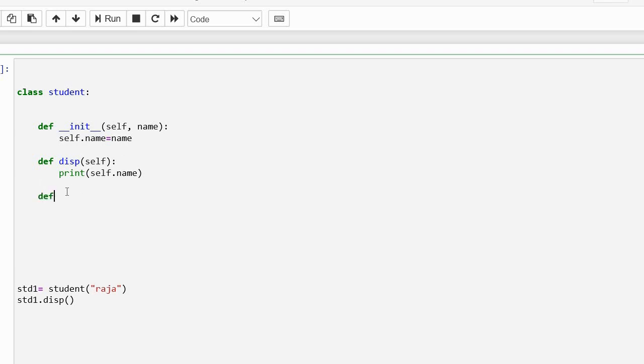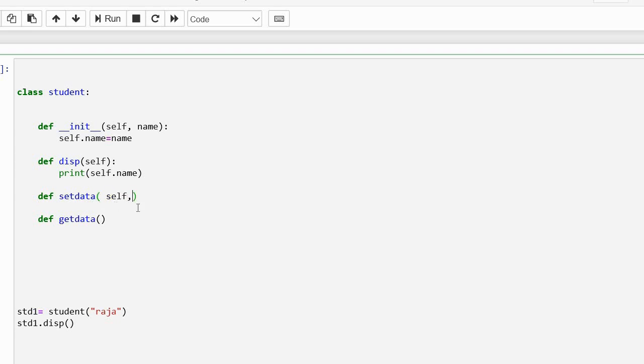For example, like def get data. Before get data, you can also define set data, to set the data by passing various variables. But by default, you must give a minimum of one, which is self. After that, you can give any number of variables. And here also in get data, you can write the logic. After defining these methods, you can call them by creating objects.